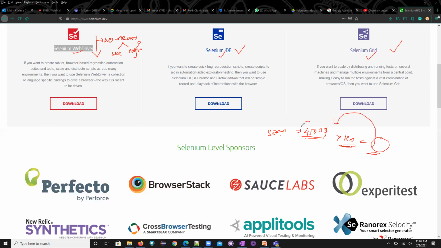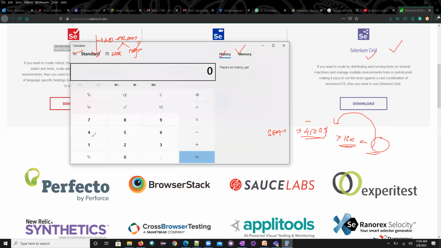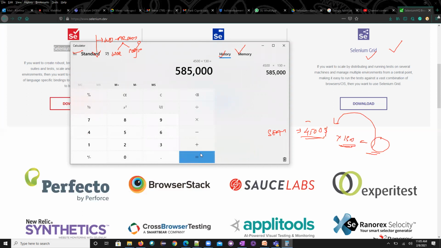I'll give you a rough estimate so you understand why Selenium became popular. 4,500 into 130 is an accurate stat from my company: 5,85,000 dollars, and at approximately 72 rupees, 42 lakh rupees we need to spend per year on QA test automation.